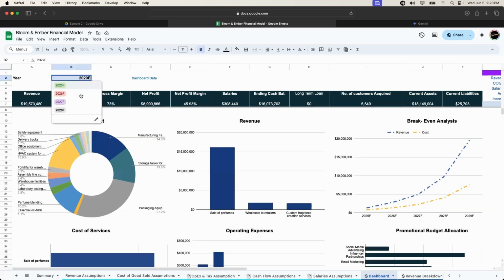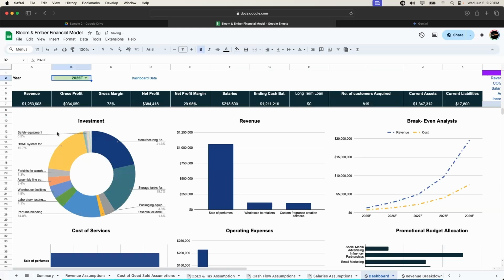For example, during the first year, 2025, you are investing in safety equipment, HVAC systems, and the manufacturing facility, up to 21%. All of this is going to show your sales of perfumes. There are 3 categories: sales of perfumes, wholesale to retailers, and custom fragrance creation. If you think these particular products should be modified, then you can do that. You are getting around 1 million from this category, around 116,000 from wholesale, and around